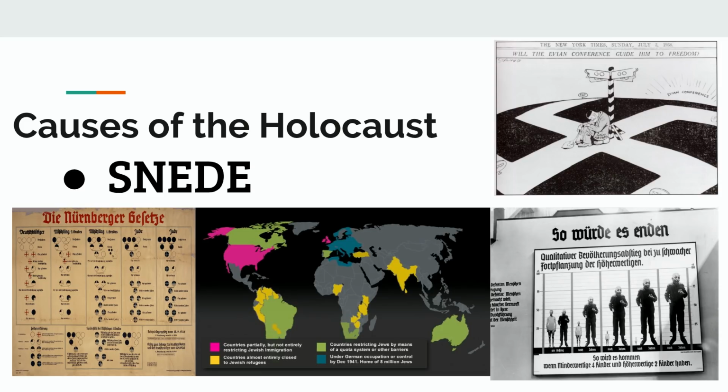Of course, the United States was, but a lot of the countries you see in green and yellow had quotas, meaning they would only accept a certain number of Jews. And so the Evian Conference was set up to try to solve this problem as to where some of these Jews that were fleeing persecution were going to go. And only one of the 33 countries agreed to increase their Jewish quotas during that period.